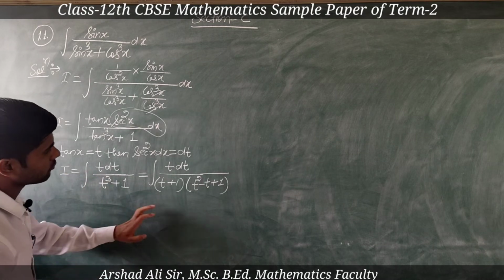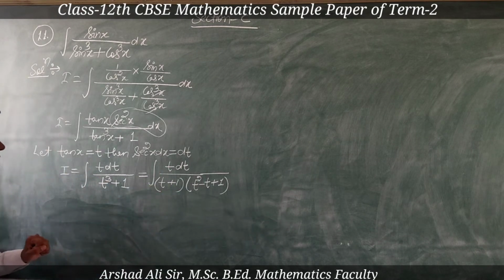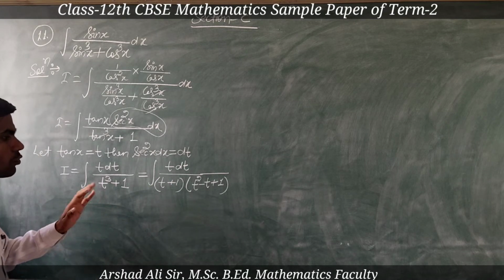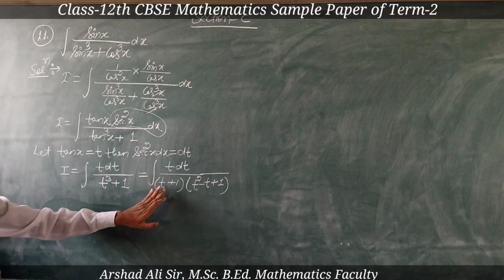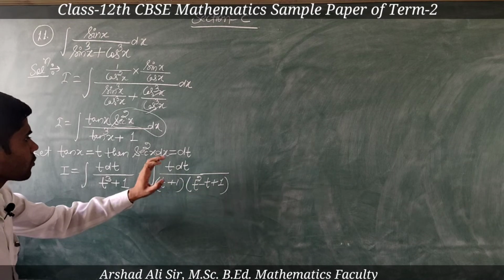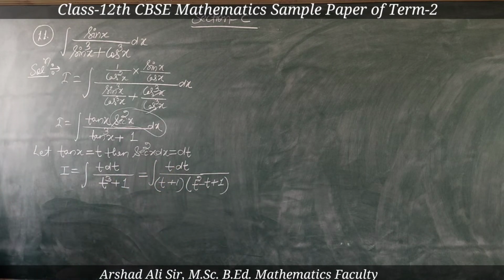Now here we will have to apply the partial fraction, because in the denominator there are two factors, t plus 1 and t square minus t plus 1. One of them is a linear factor and the second one is a quadratic factor. So we can apply the concept of partial fraction. Let